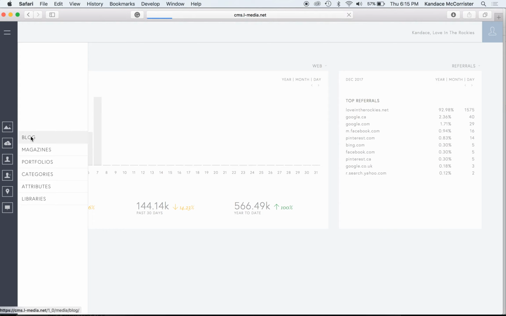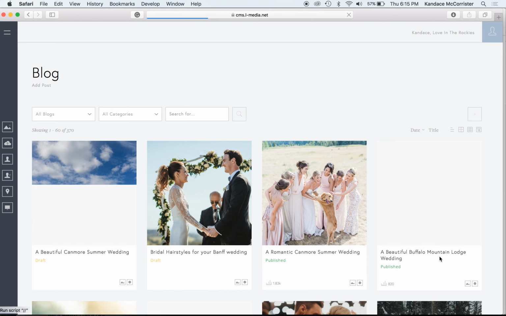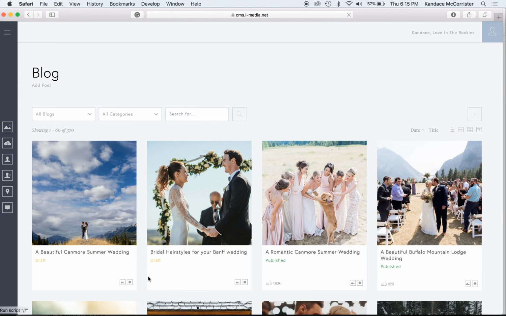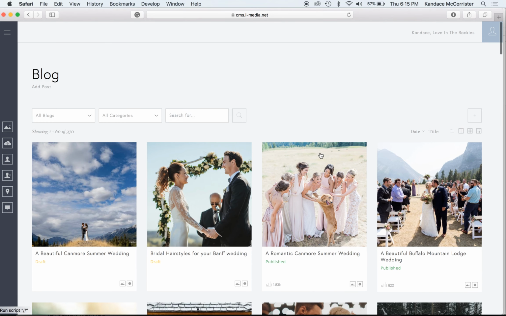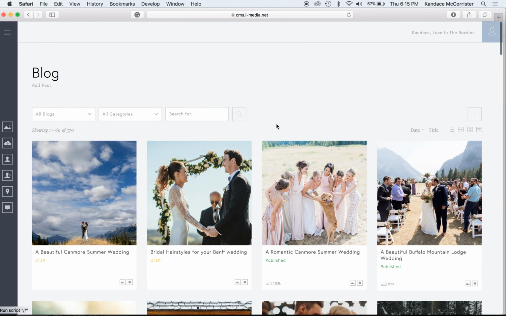And you come in here and you can see all of your posts. You can see stats underneath, and you've got a couple shortcuts as well to take you right into settings or right into images, or you can just click on a post and you can edit, make any changes in it that way. You can also use up here to search for a post if you need to find something, search by categories. If you have multiple blogs, you can search by the blogs,